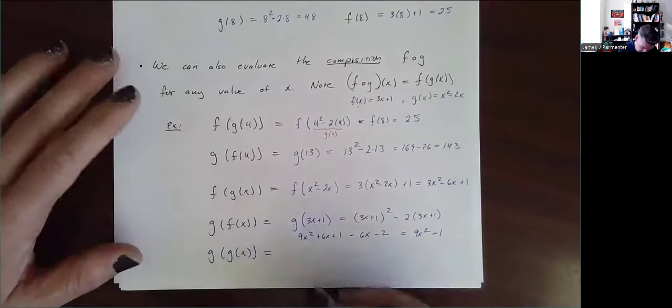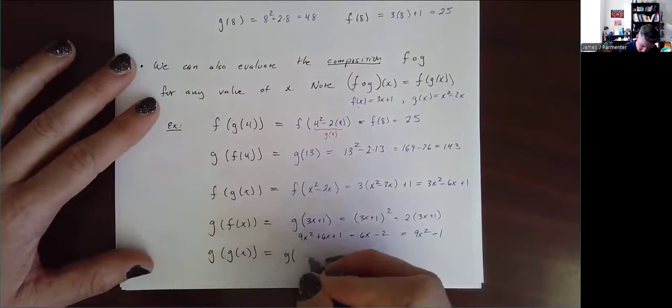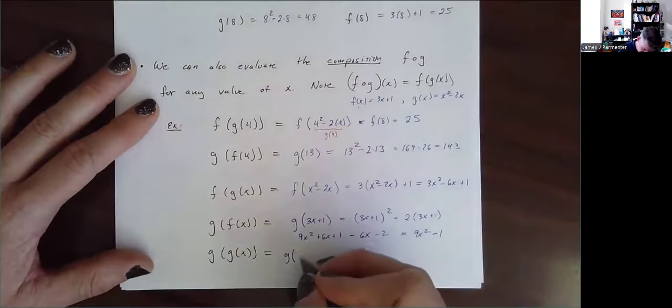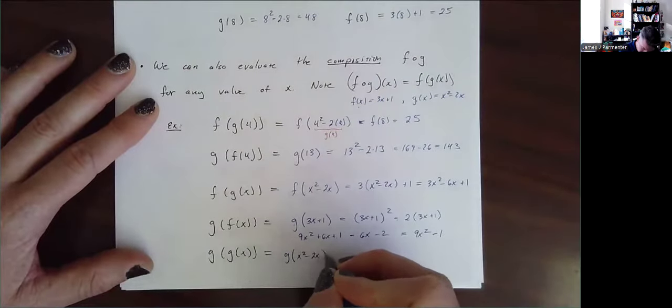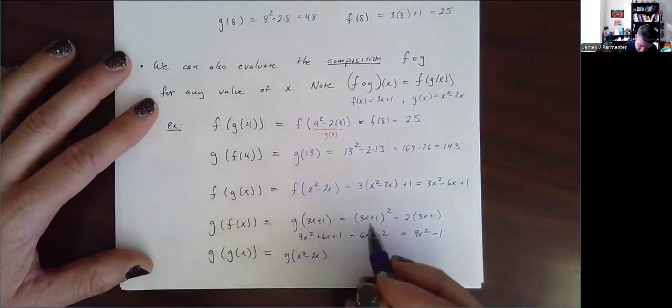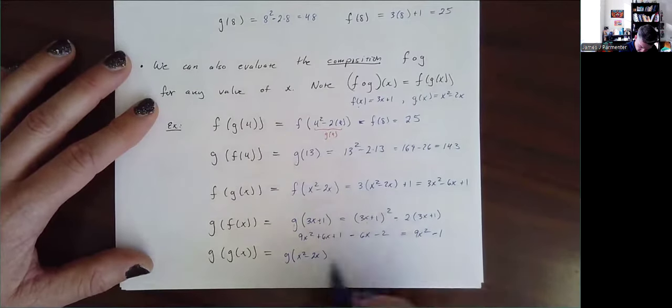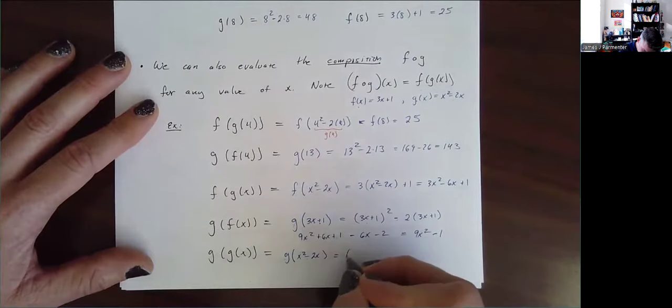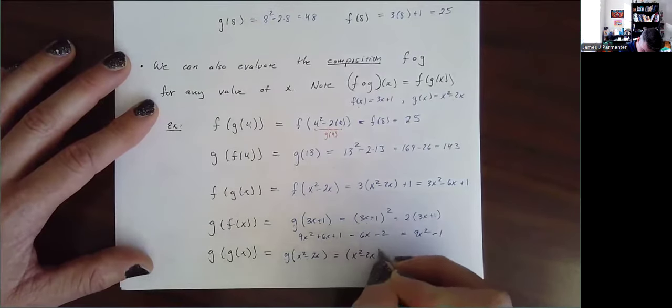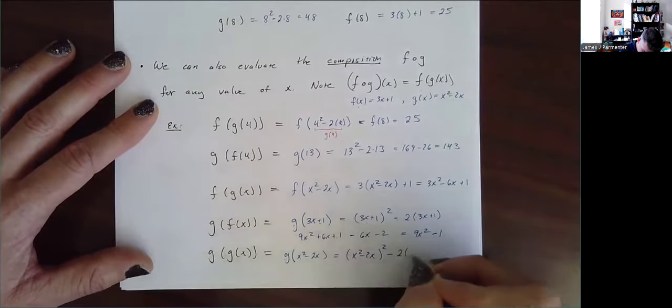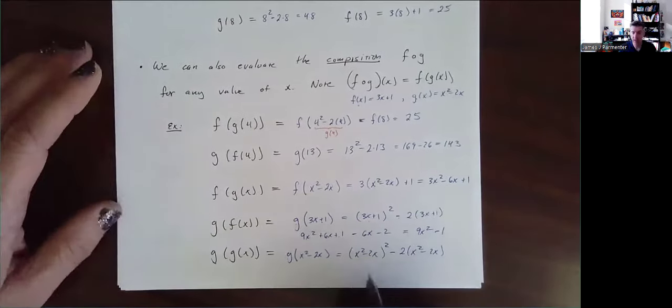We can even compose a function with itself. So g of g of x is going to be g of x squared minus 2x. And then just like before, g of some stuff is the stuff squared minus 2 times the stuff. Again, it's more important to be able to get to here, but if we did want to multiply